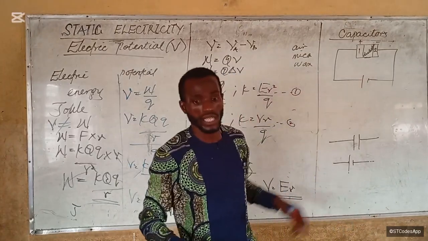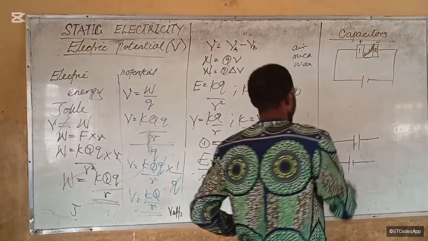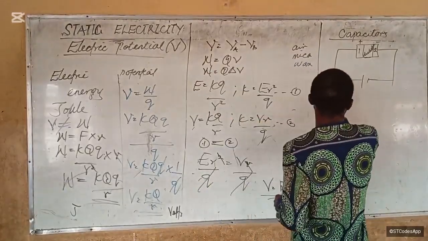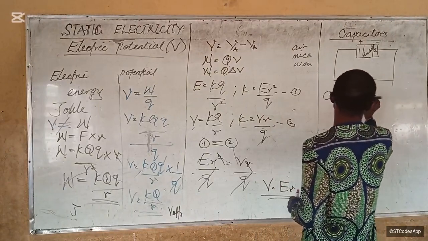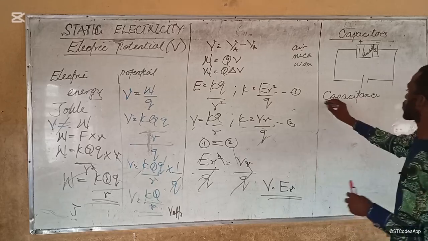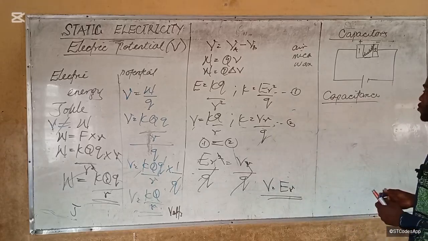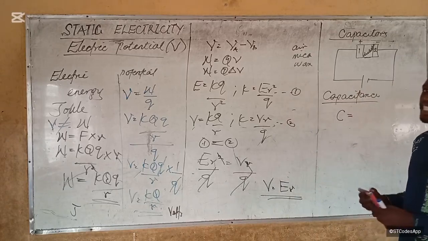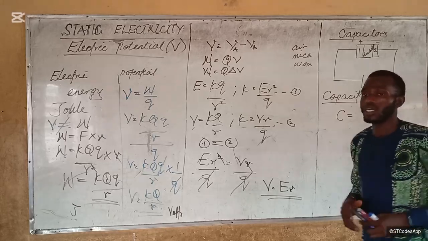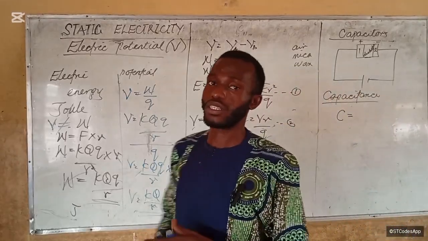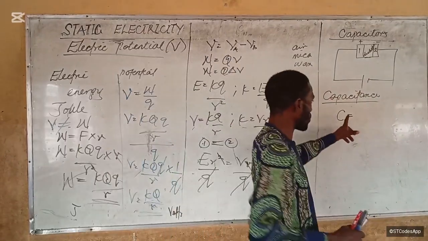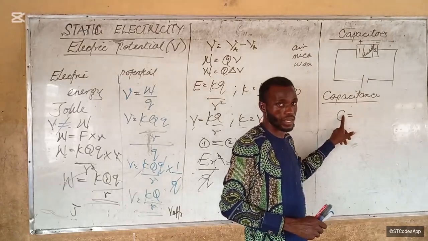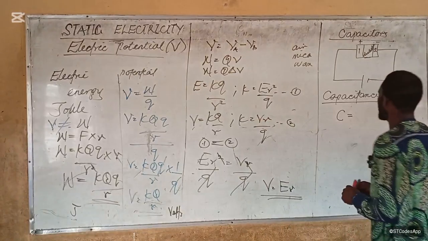Now, what is capacitance? Capacitance is the ability of the capacitor to store electric charges. So the capacitance is given by the quantity of charge. The capacitance is represented by C. Is that okay? It is represented by C. So it's given by